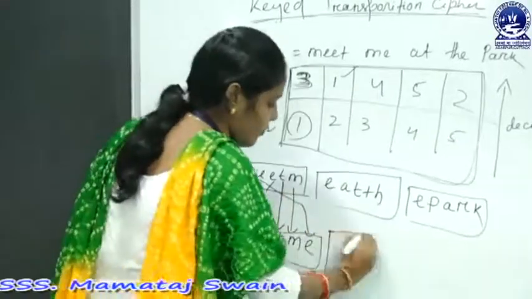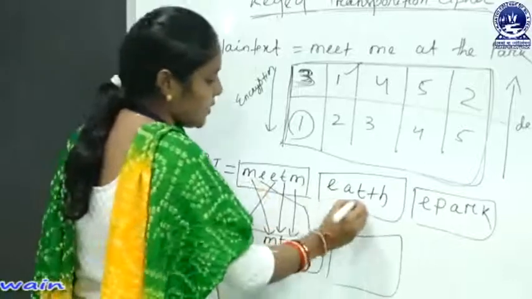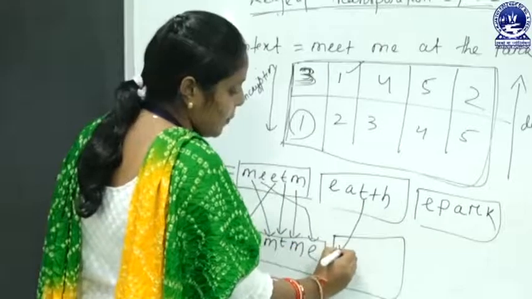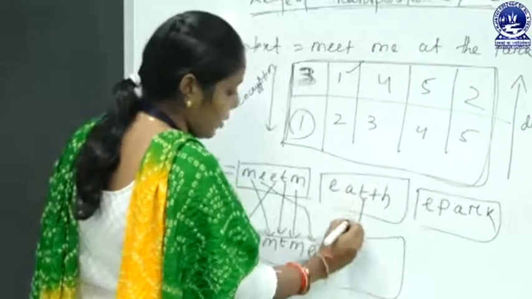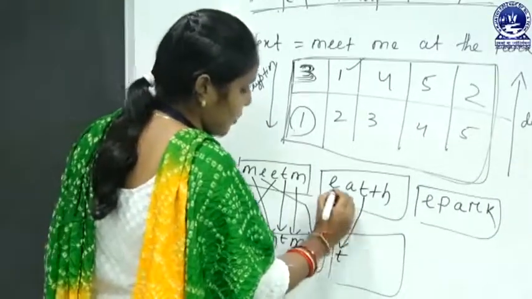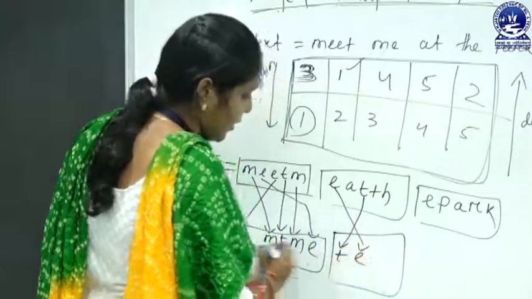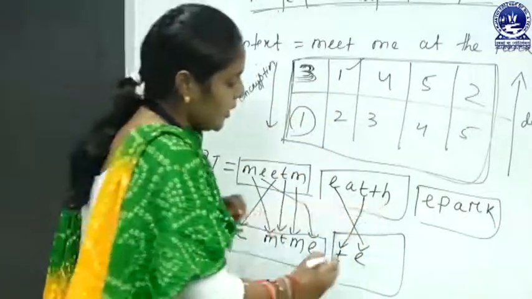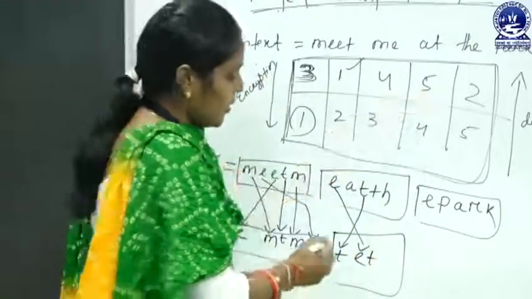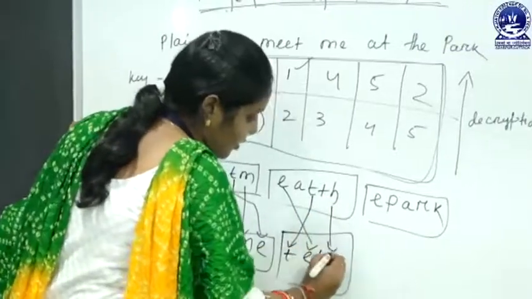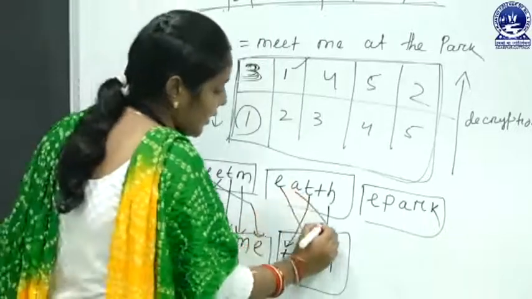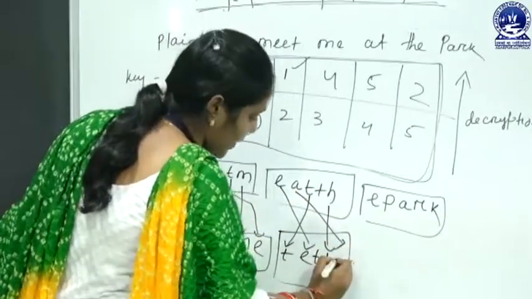Here for this block the ciphertext is, first we replace the third character of plain text which becomes the first character, that is T. Then next the first character becomes the second character E. Then the fourth character, that is T, which is the third character of our ciphertext. Then next the fifth character, that is H, which is the fourth character of our ciphertext. Last the second character becomes the fifth character of our ciphertext, that is A.